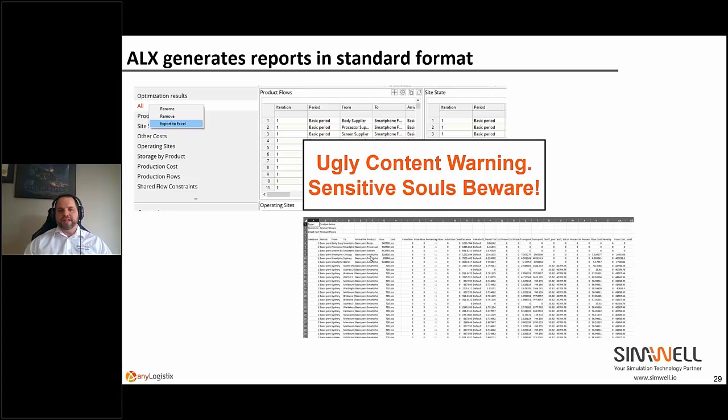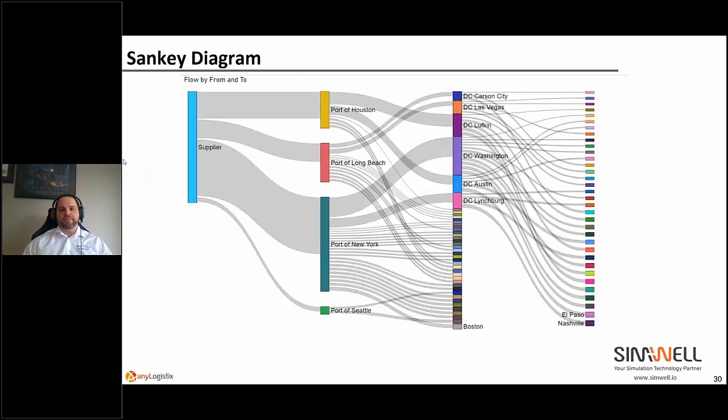And the beauty of the standard output format is that you can import that into a BI, business intelligence tool, whether it's Power BI or Tableau, any of your favorite BI tools. Then in this BI tool, you can build any graphs and visualize your data in any way you want. My personal favorite is the Sankey diagram.